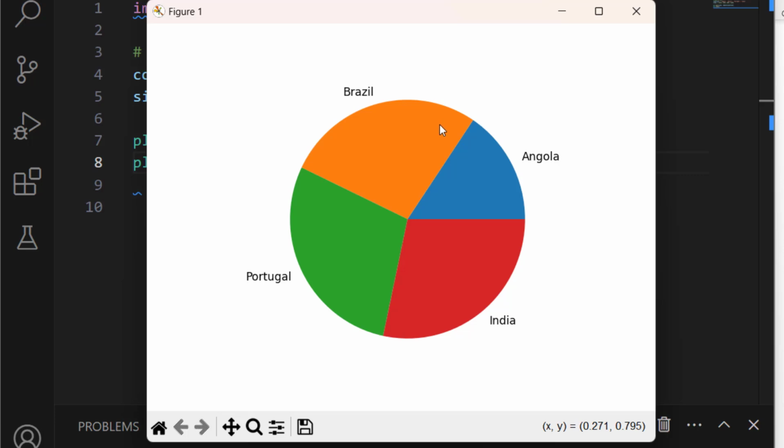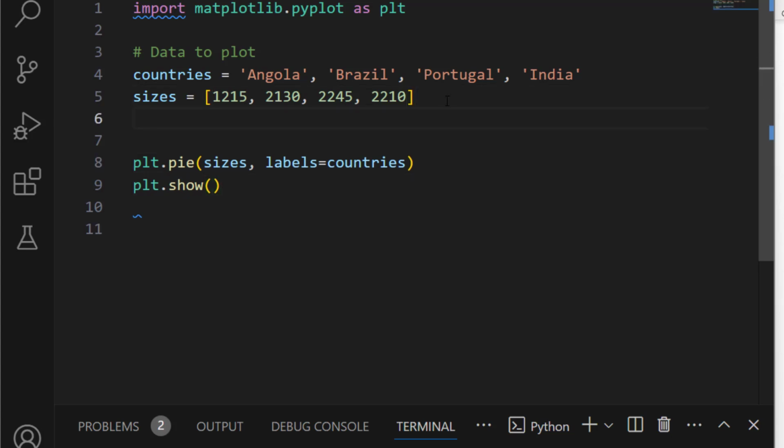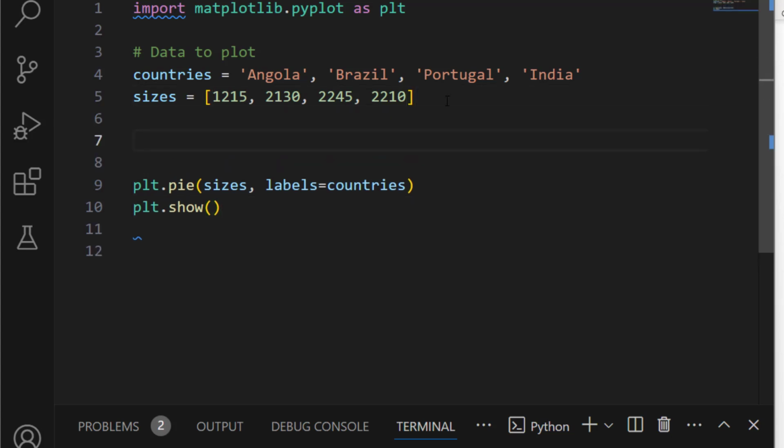We can also work on these colors. So for that we need to do something like this. Let's change these colors to some more derived colors, because derived colors are better than the natural colors. I can just come here on the top and create a list of the colors that I want to use. So for example, let me use colors. In this list I can give whatever color that I want. For example, the first color that I'm going to use will be like a light